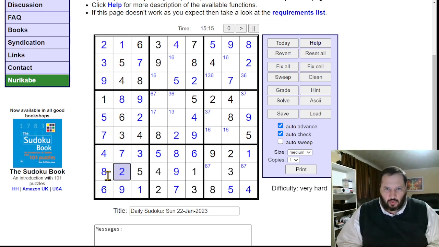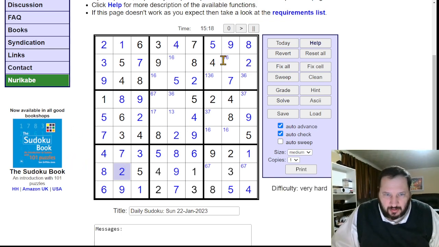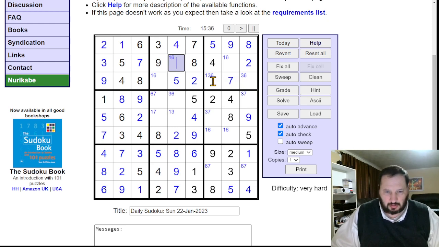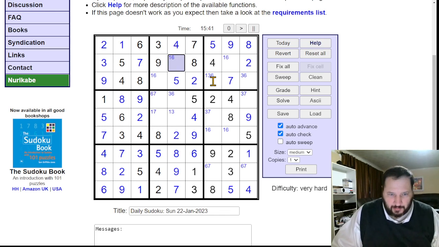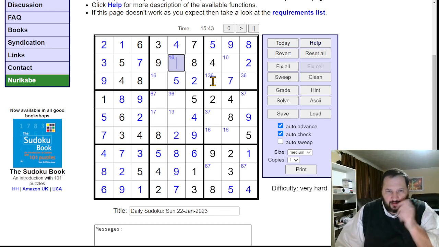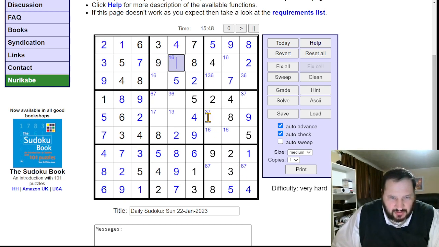Okay, so what I am thinking is right here, this 1 and 6 and this 3 and 6, right? So if this is a 1, then this is a 6. That's a 3. That's a 1. Oh, there's got to be something in here to help me out here. So here's a 3 and a 7, right? So if the 3 and 7,